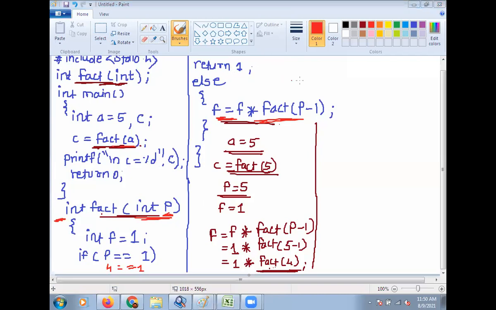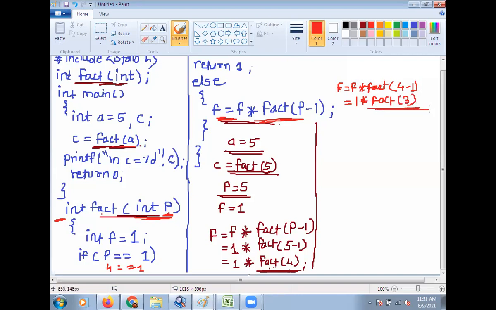So what is the else part? Here f is equal to f into fact, then 4 minus 1. So here 1 into fact 3.